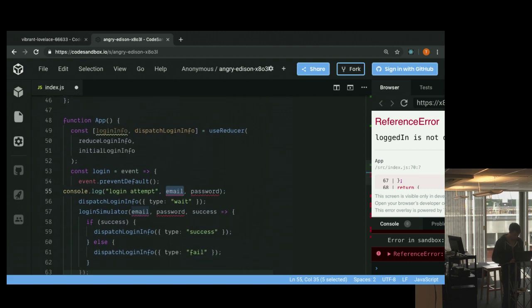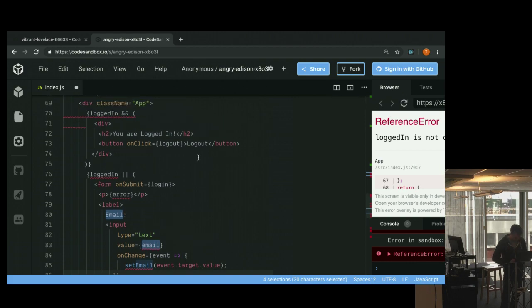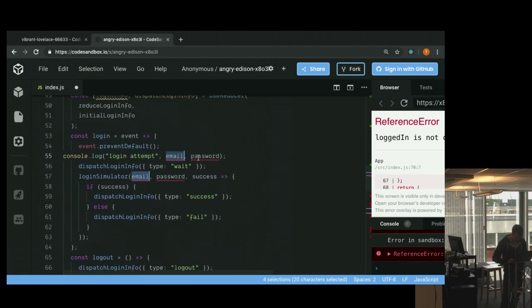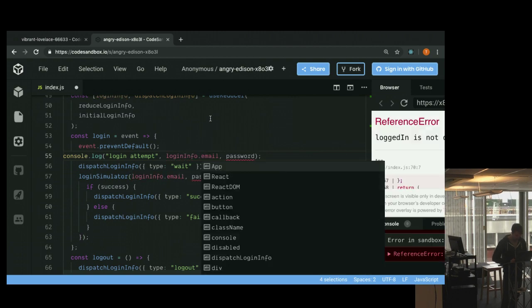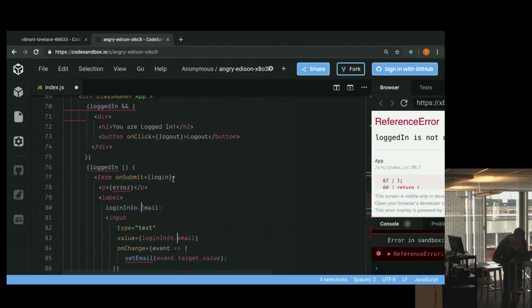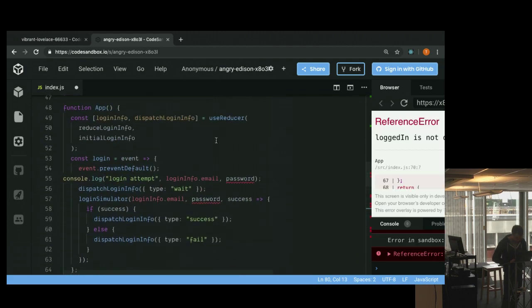So instead of email, we want to do login info.email, except for one of these, which was just text. And then instead of password,